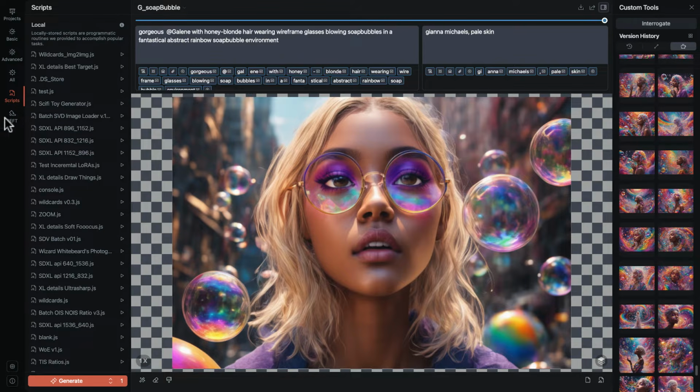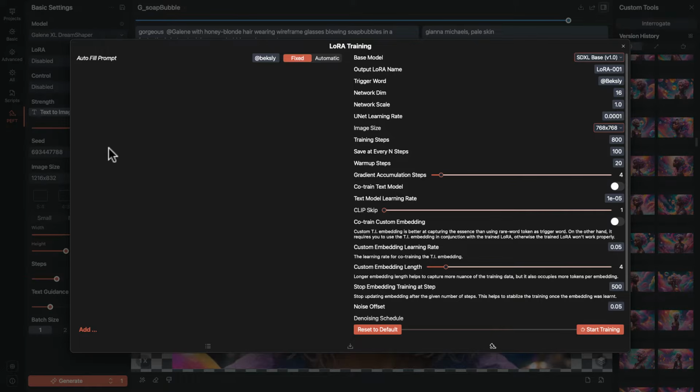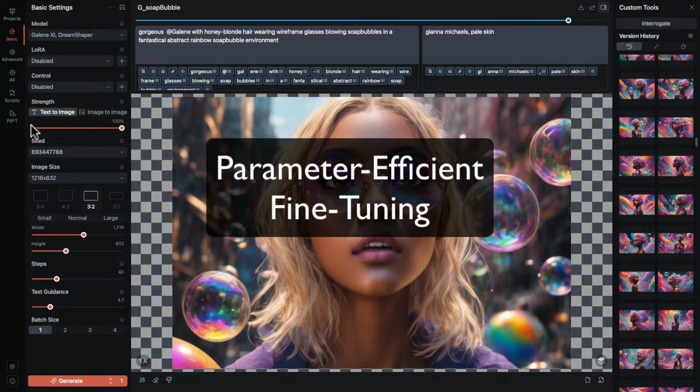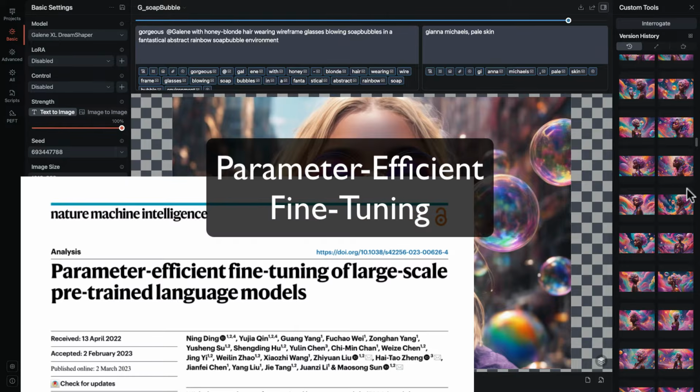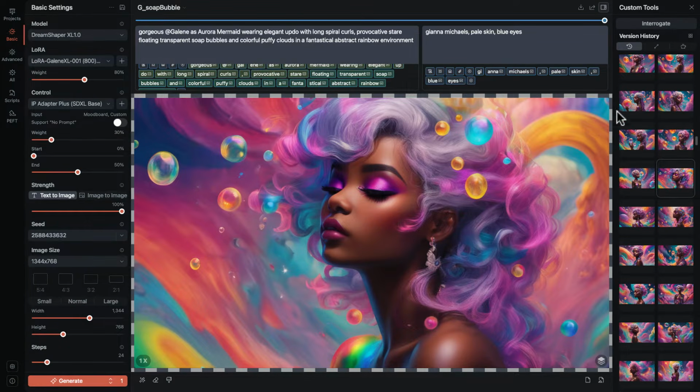And we can close this menu with a white X in the top right corner. Now the last item on the menu rail is our training for custom LoRA and textual inversions. The menu icon is a running shoe, sometimes called a training shoe. Now I asked the dev what PEFT stands for. He told me it is parameter efficient fine tuning. So now you know. I made a separate video walkthrough for LoRA training in Draw Things, so check that one